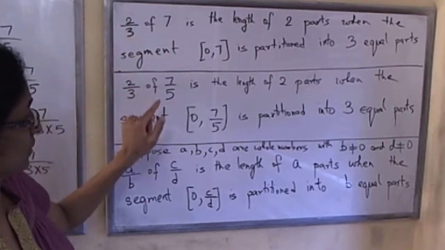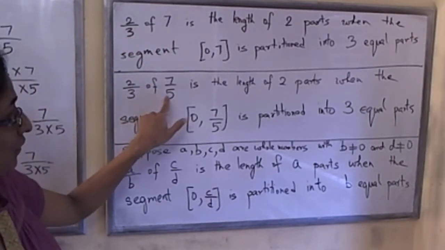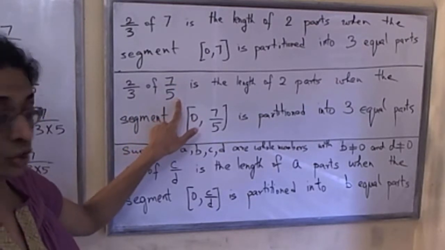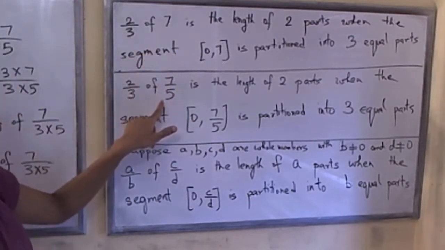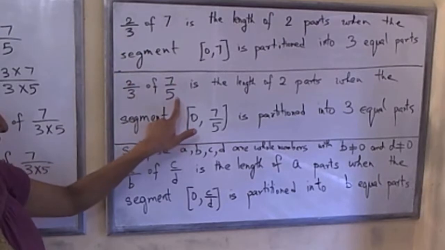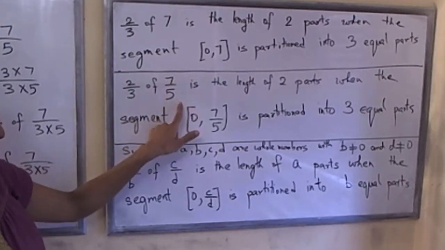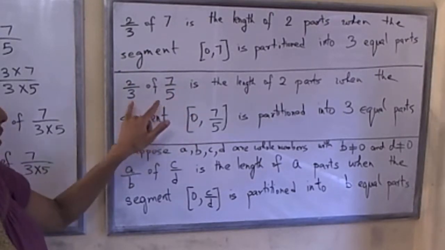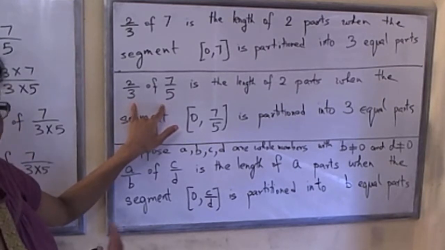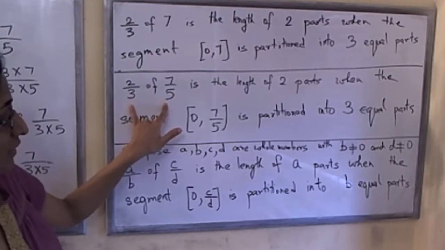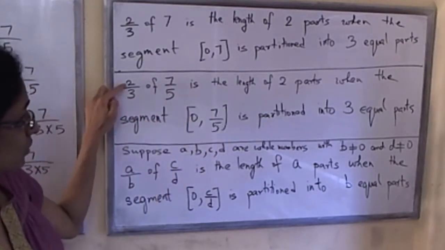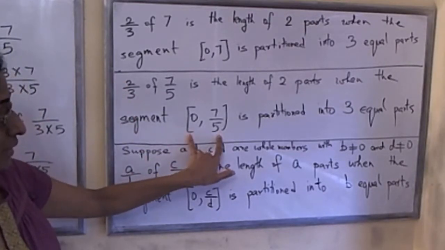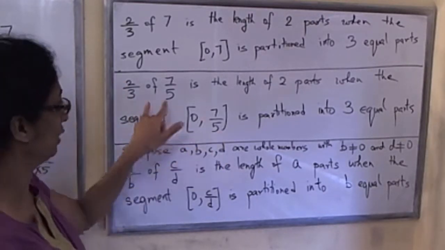Today I would like to discuss this example, 2/3 of 7/5. So the only difference between these two examples is here we have 7 and here we have 7 in the numerator, but this is a fraction, 7 over 5. So the definition remains very similar. 2/3 of 7/5 is the length of two parts when the segment from 0 to 7/5 is partitioned into 3